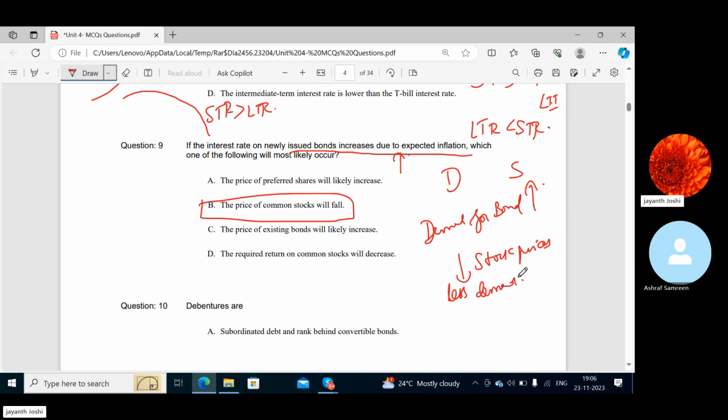So higher interest rates on bonds will lead to an increased demand for bond investments, which subsequently decreases the demand for common stock. Also, companies will pay more in interest and will thus have less money for dividends. Because inflation is high, they have to pay more interest, so they will have less to pay for dividends. So the stockholders will understand they are not going to get much benefit, so they start selling, and when sales start like that, the stock prices start falling. When demand is more, the prices are high. When supply is more, the prices are low. Correct or wrong? Yes.